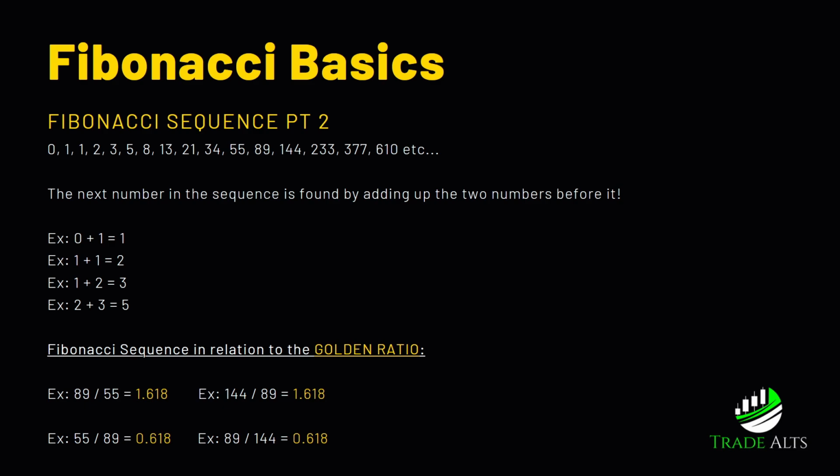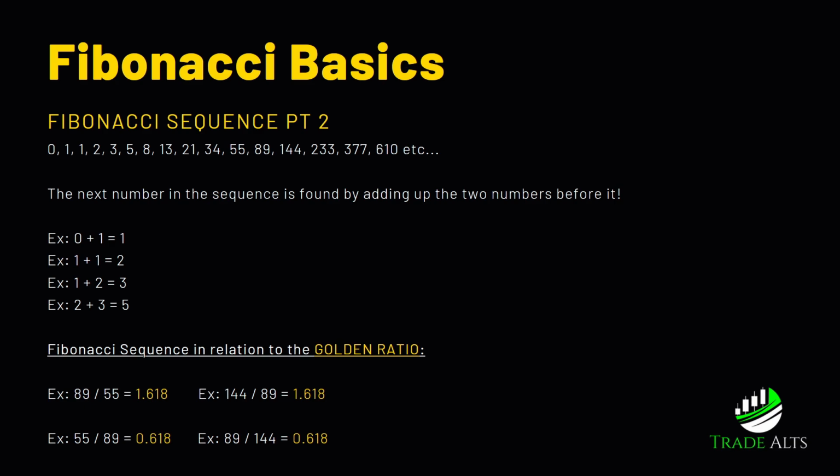If you take two numbers within the sequence, obviously it's not going to work for the first few numbers because the numbers are too small. But as you get a bit deeper into the sequence, you will see that, not only do you have the sequence and how it is, where you take the next number in the sequence and find it by adding up the previous two numbers before it,